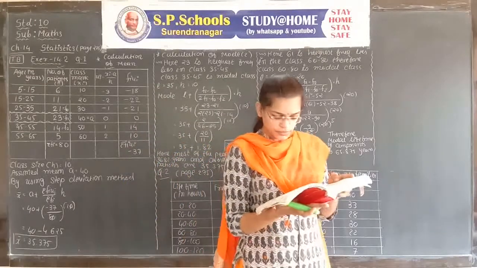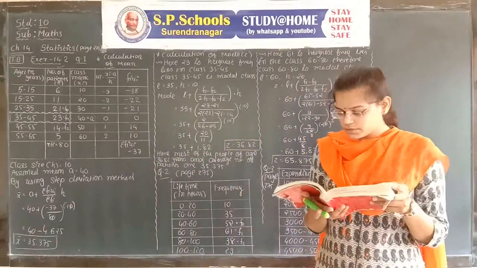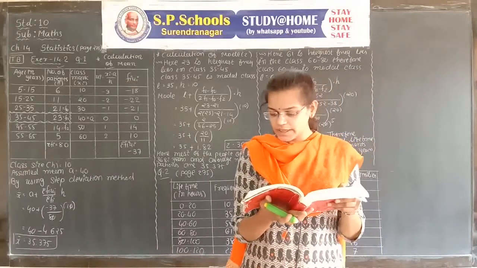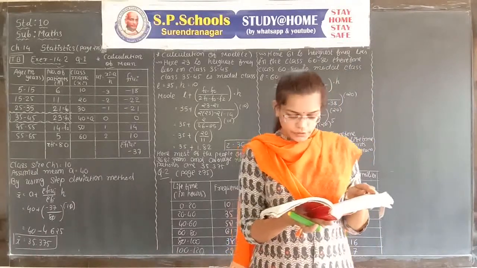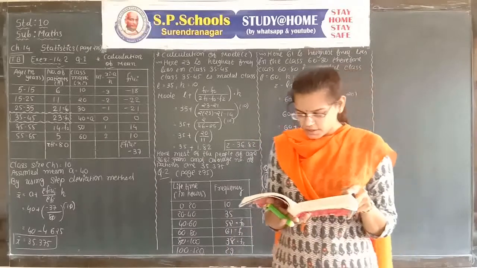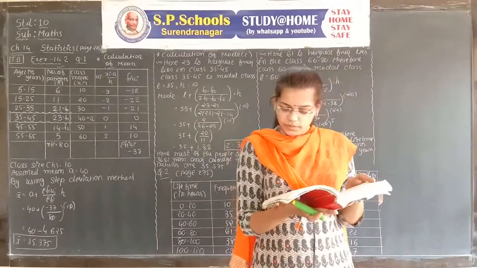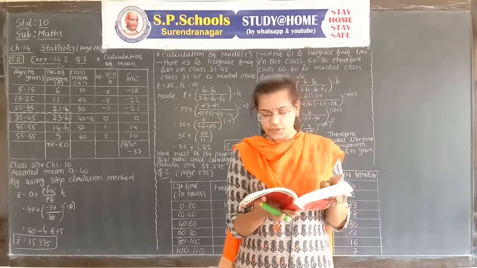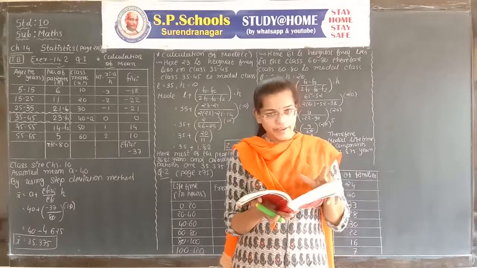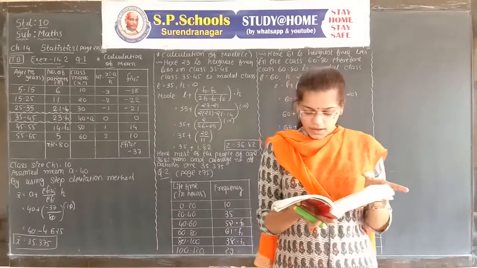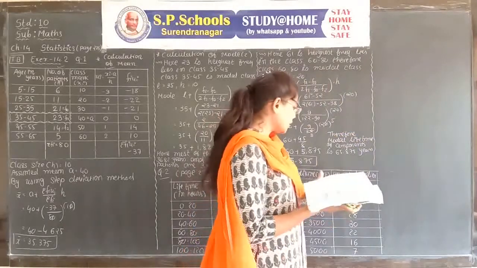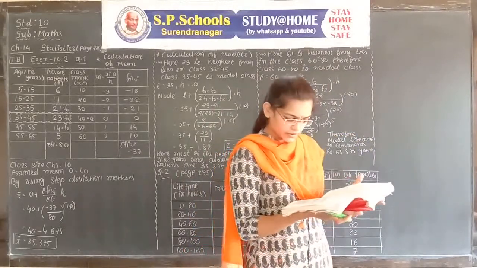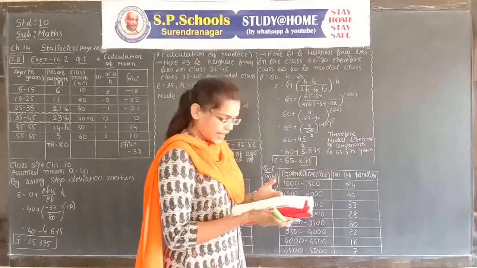See the question first. The following data gives the distribution of total monthly household expenditure of 200 families of villages. Find the modal monthly expenditure of families and also find the mean monthly expenditure. Try to find by yourself. Here I am discussing the mode of data, meaning the modal monthly expenditure.